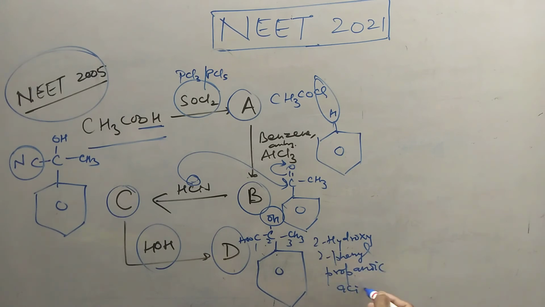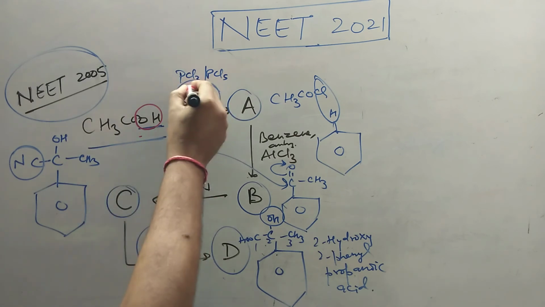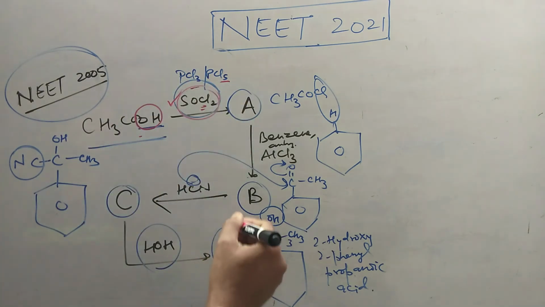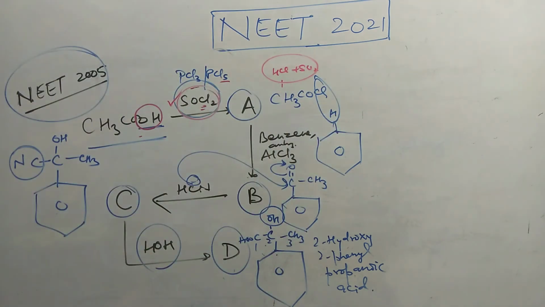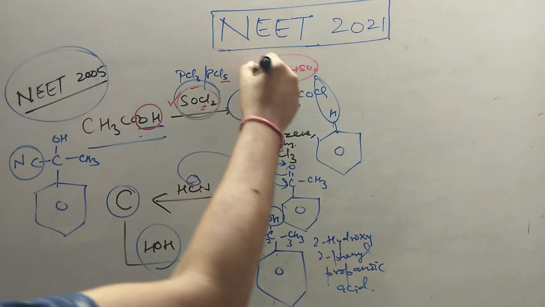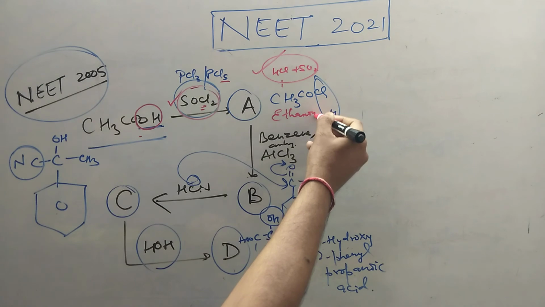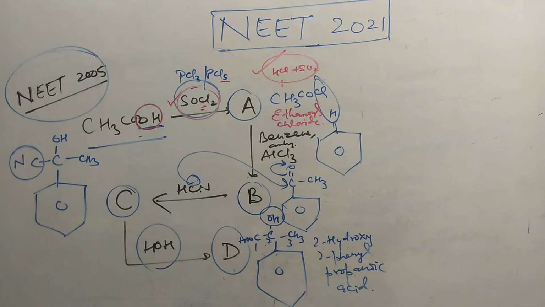I hope you understood, student. So look at this question again. So acetic acid, this OH group will be substituted by a chlorine, whether it is PCl3, PCl5 or SOCl2. The best method being SOCl2 because the other products are gases. So here the other products will be HCl and SO2, which will escape as gases. So this will escape into the environment. So this will form ethanoyl chloride. Now this ethanoyl chloride will undergo electrophilic substitution reaction, that is, Friedel-Crafts acylation to form acetophenone.